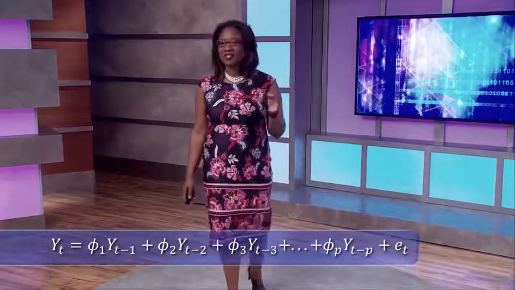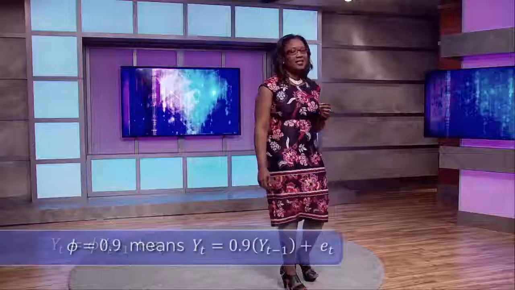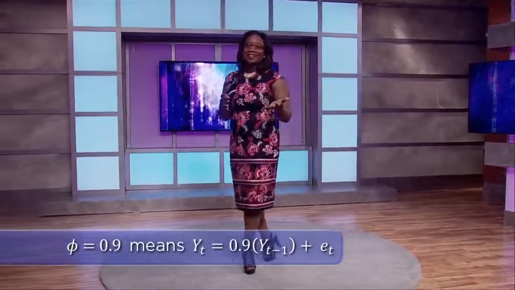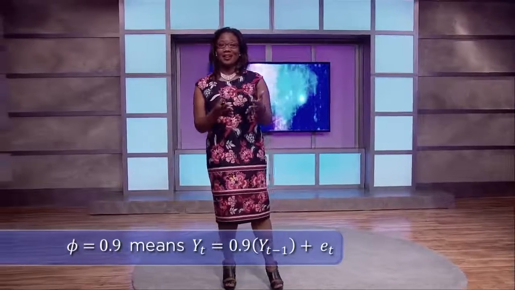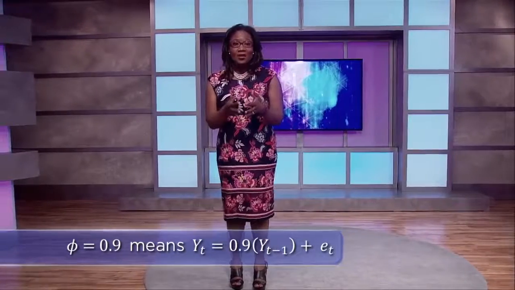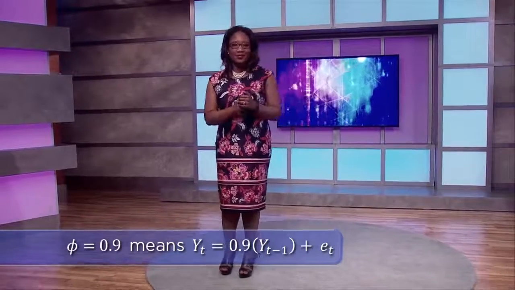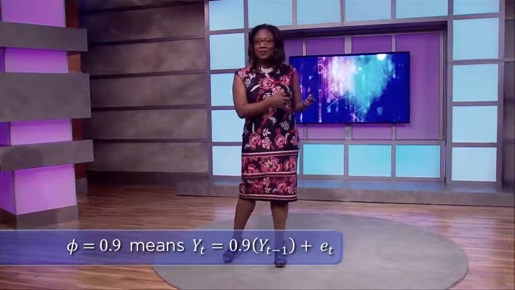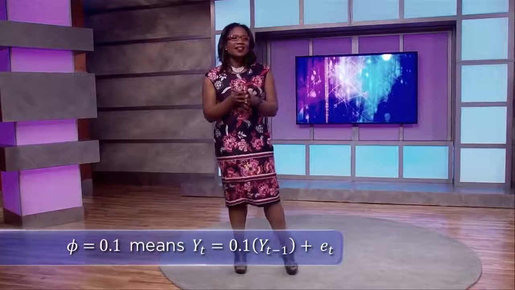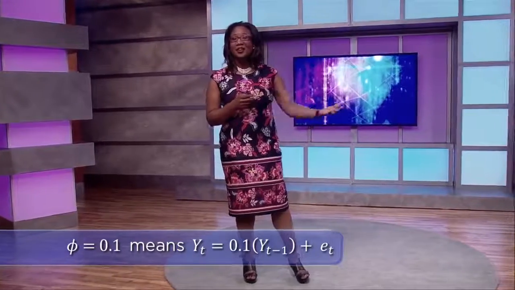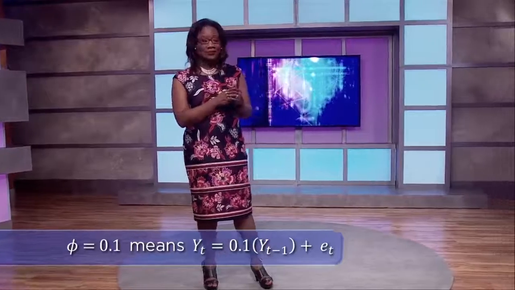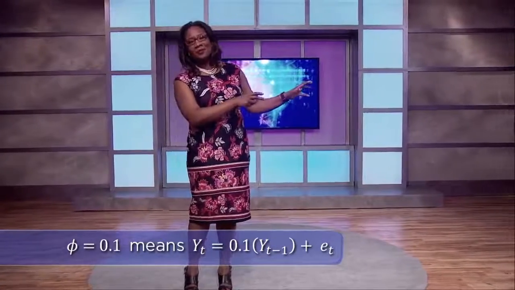Now, let's simplify and just look at the AR(1) model. We could write it as y sub t equals phi1 times y sub t minus 1 plus e sub t. If your phi is a high value, like 0.9, that says my value at y sub t is equal to 90% of what I was one step back plus some noise. So your dependence on your previous point is a lot higher. Whereas if phi were something like 0.1, you're not really getting as much information from your neighboring point. You're saying, I'm only going to take about 10% of you, and then I'm going to do my own thing,